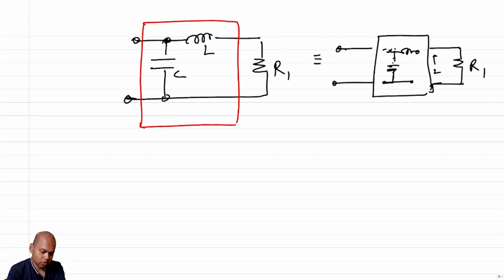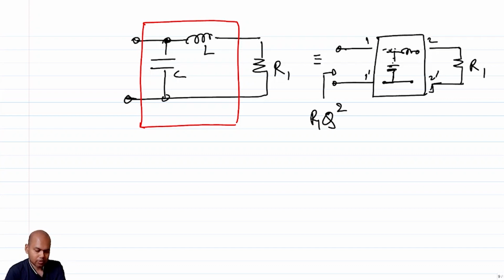At port 2, the user puts an R1 on this side. What will the user see on this side? The user will see R1 times Q square, which is much greater than R1. So to the user, this looks like an impedance transformer. There is a transformation of impedance. So as far as the user is concerned, if you tell the user not to change the frequency, and that at this frequency only you are going to use it, what will the user feel? You will feel that this is a transformer,